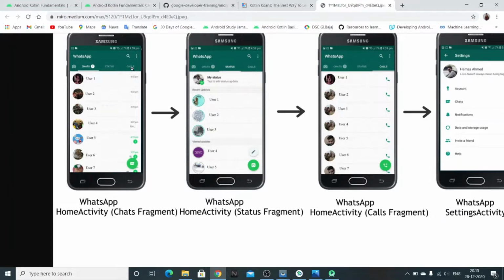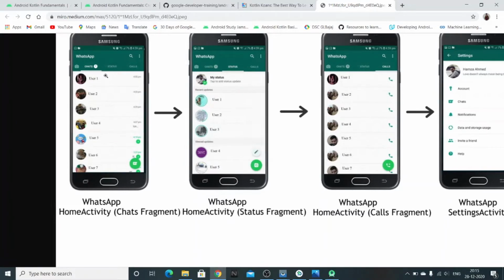So how it happens is that there's an activity, and in the activity we have a fragment. A fragment, as the name suggests, is a part of something, like a part of the activity. You can fit a fragment everywhere, like the functions we call to optimize our code. Similarly, rather than using the same layouts again and again, we can embed those layouts in a fragment and call the fragment, rather than switching activities, which takes more space and time.